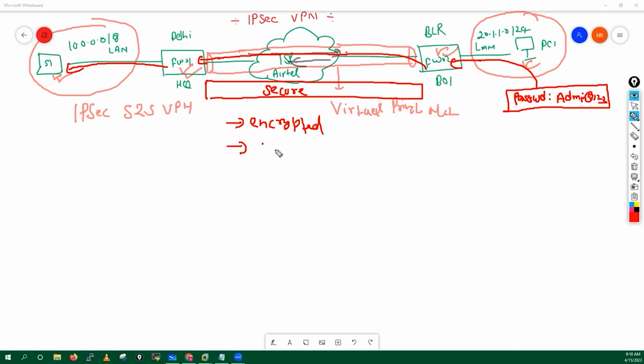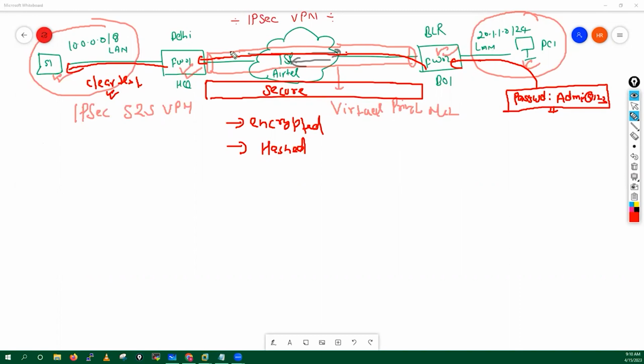Encryption and hashing have been applied to the data between firewall 1 and firewall 2. And here you will see the clear text data. This means the password admin@123: if you capture the packet on this server, you will get these details correctly. Because this VPN only provides you protection between two sites